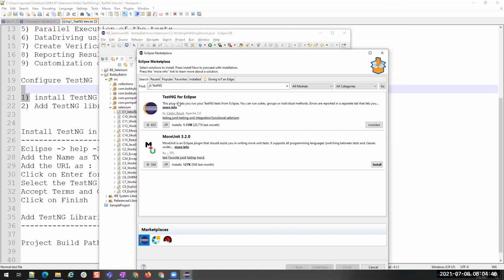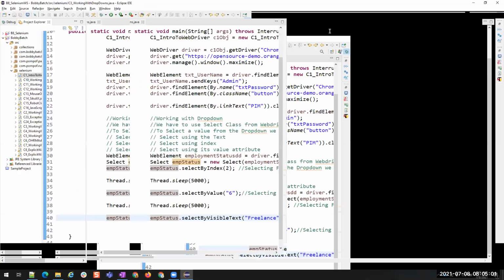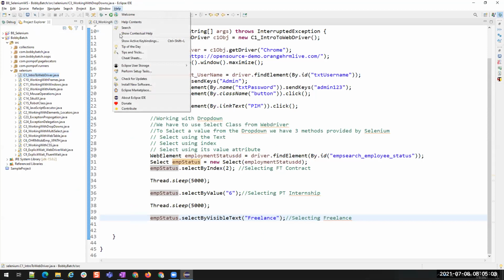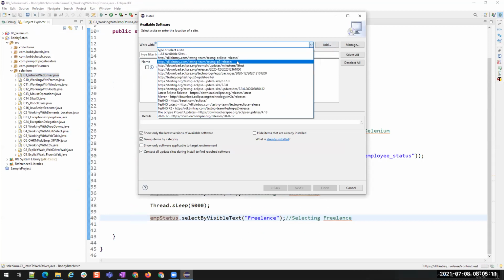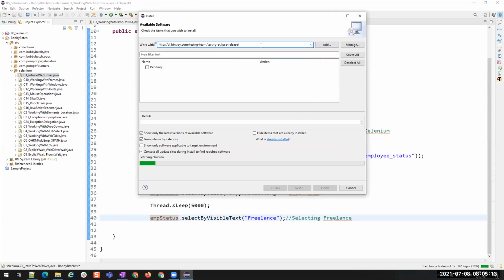If when you click on install, this is not getting installed, or if you are having some issues to install, if you are using the older version of Eclipse, then it asks us to drag and drop. If you are having such kinds of problems, then you can do another way. Just go to Help, go to Install New Software. This is Install New Software. Just click on it, and then here you'll have, yeah, this is the URL.